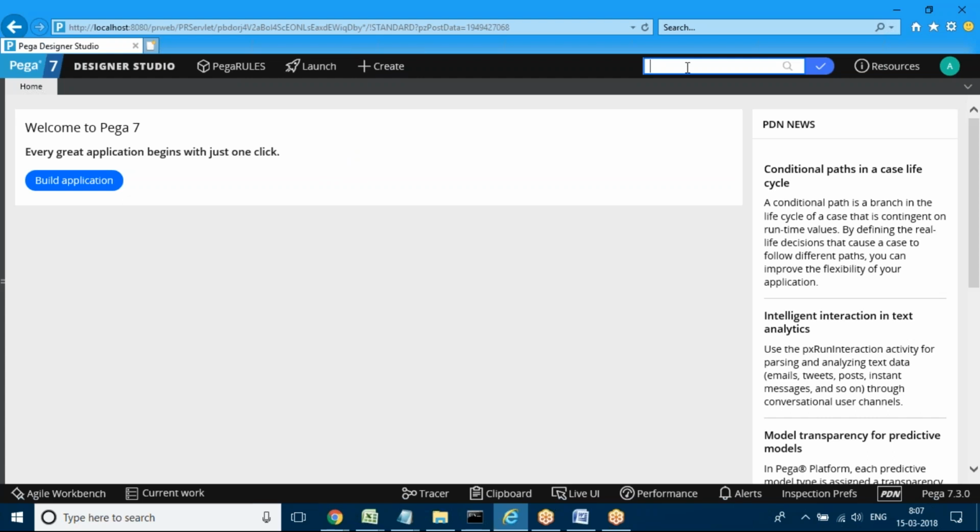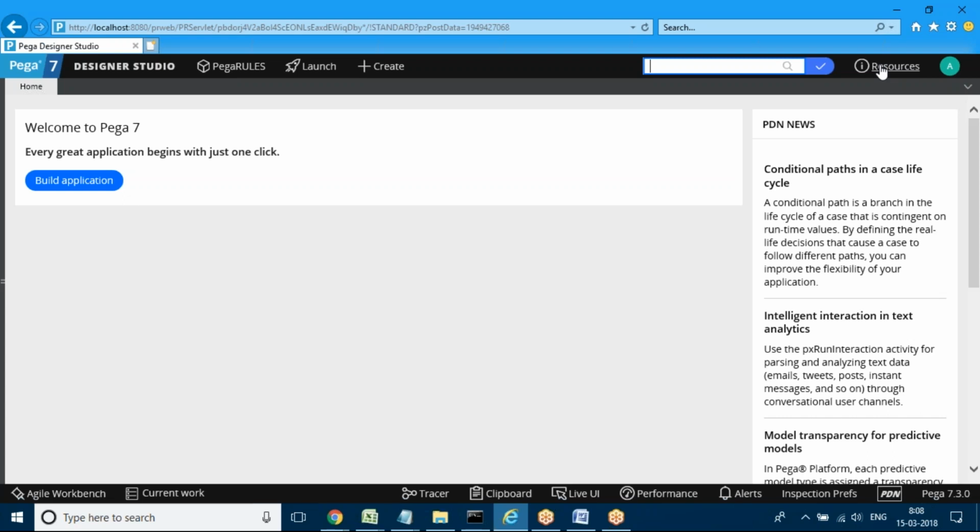And there is an option called Search. For any rule, if you want to search in the application, you can type in the search and we can find it quickly. And there is the main menu, one important menu that is not for design purposes. It is totally the help system. See, the thing is, Pega is not an open source tool. I told you that Pega is not open source. So in that case, if you want any material or books or anything on Pega, you cannot get it anywhere outside.